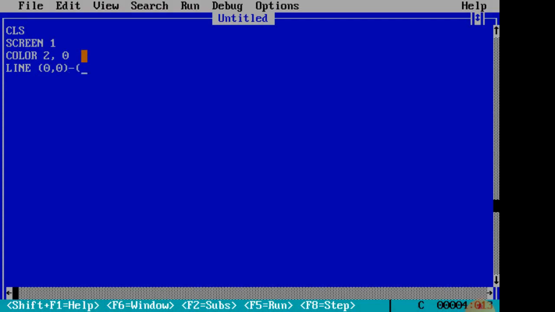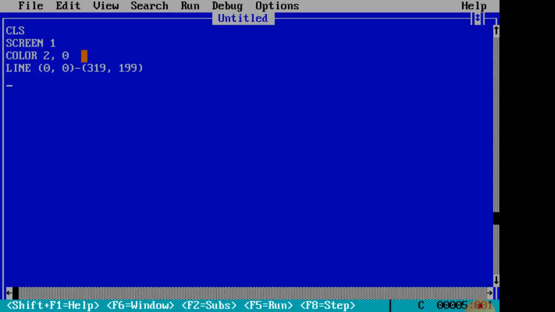Now a dash, that dash means to, and now open the bracket and write 319 and 119. Okay student, so as we write, next line it starts at 0, 0, and now it goes below from 319 to 199.